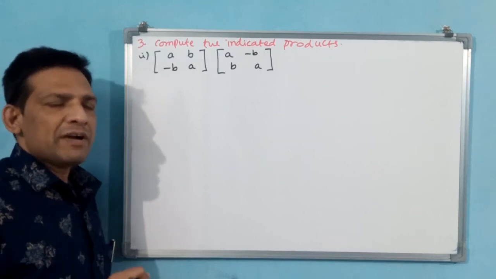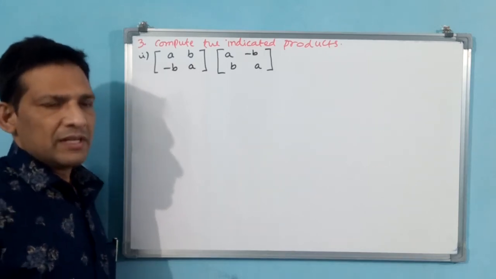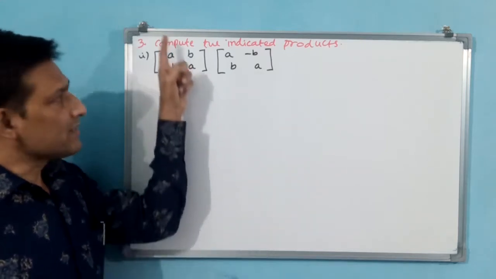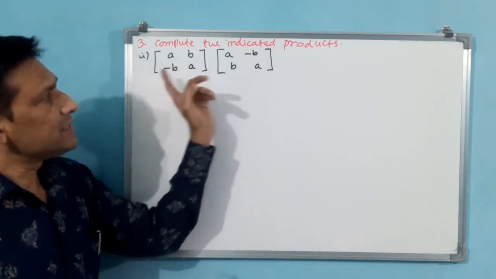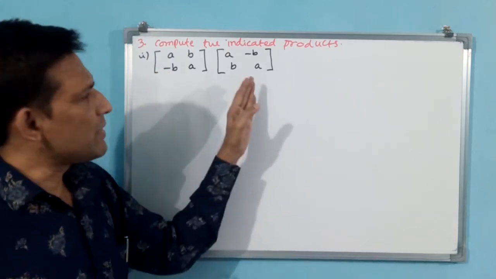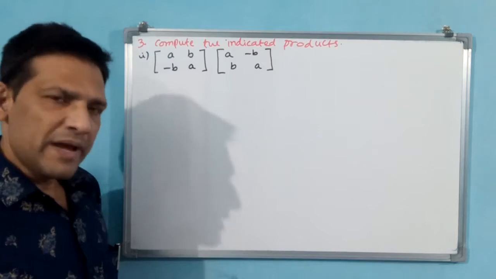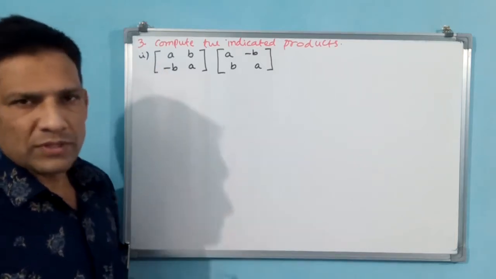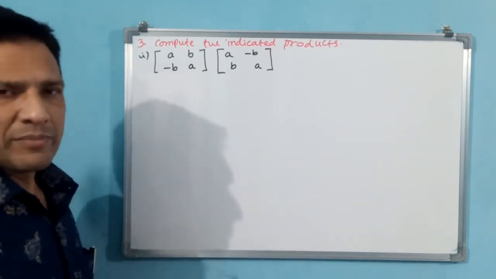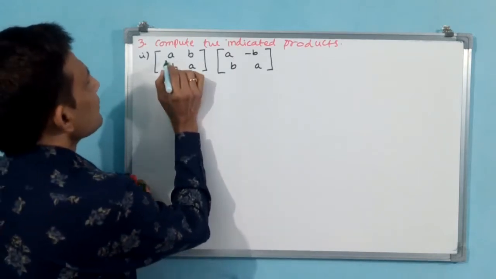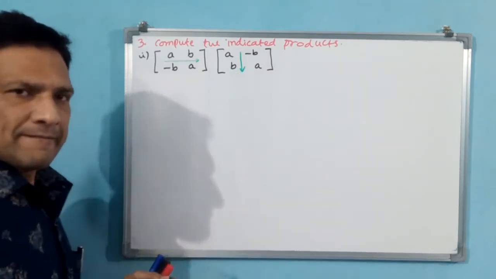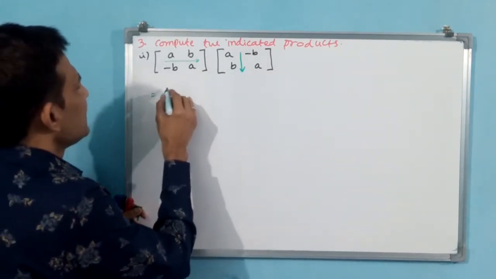For doing multiplication, what will be the condition? We have to see the order. We need not see the complete order. We have to see the first matrix columns. Two columns are there. Second matrix rows. Two rows are there. That means first matrix columns and second matrix rows should match. Here they matched. Why? Because two columns and two rows are there. That is why we can do multiplication. Let us do multiplication. Before doing multiplication, you also have to keep an arrow. Left to right, top to bottom. Let us finish the multiplication now.